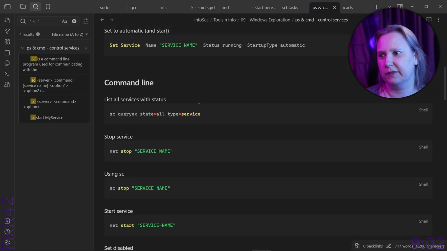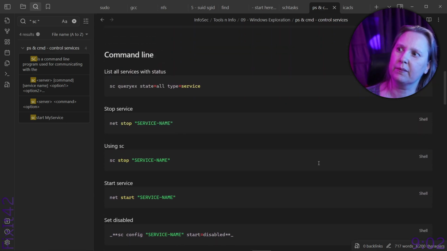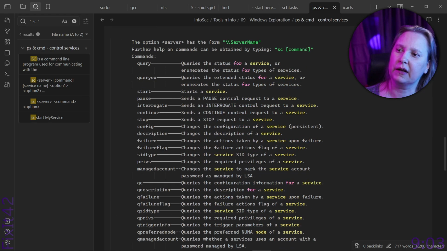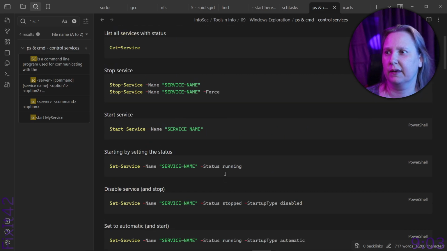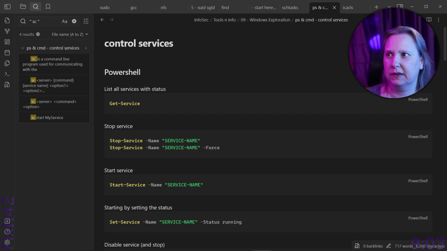So this is config, to change the configuration. We don't have anything here about it, except for query. Yeah, I remember using this. It wasn't that long ago. And then I googled, I found a page with a lot of information there. So, PS and CMD control services. So, this is not the important bit here. This is obvious. And let's start with services and then do control after,